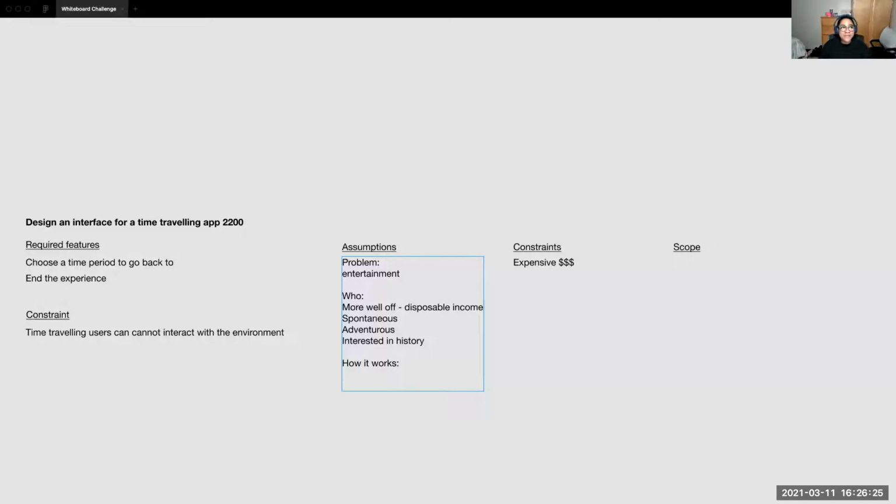It would definitely not be a car. I'm thinking something compact, nothing too bulky, something accessible that you can put in your bag,